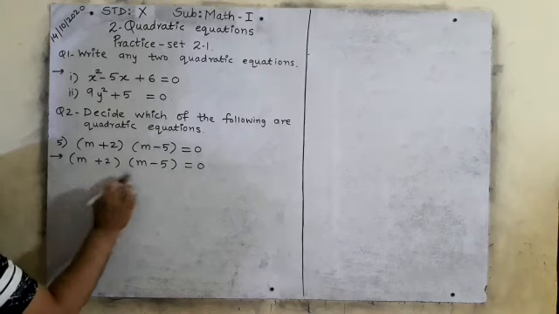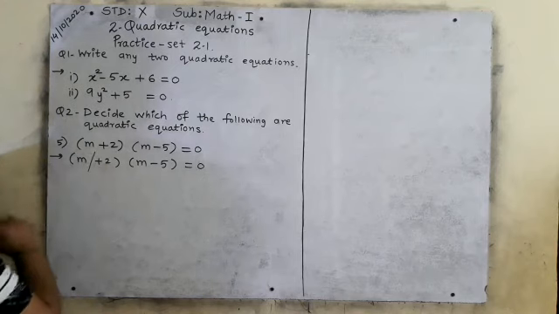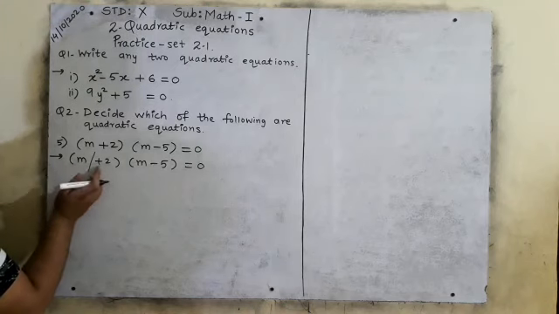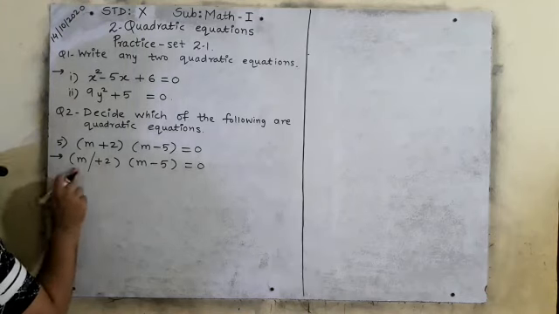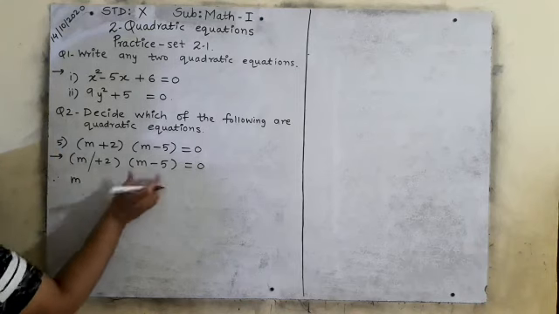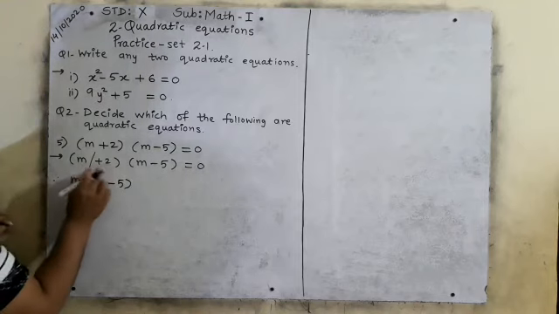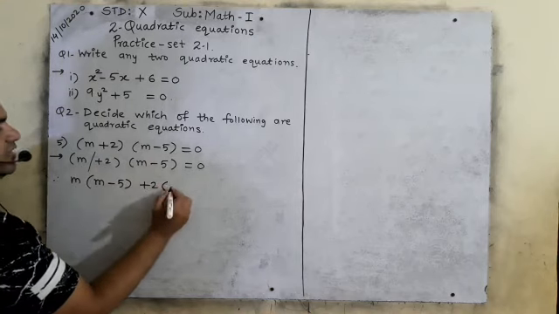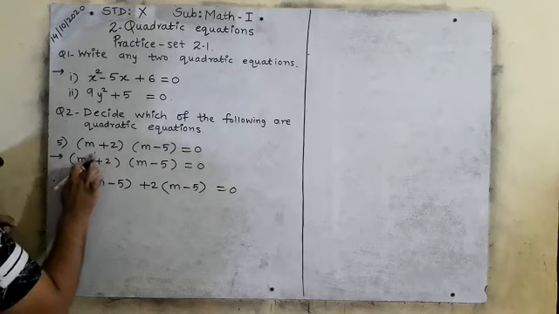Remember I taught you that whenever there will be two brackets and there is a multiplication between them, you will imaginary cut this first bracket before the sign. It means you have to divide this first bracket into two parts. What is its first part? M. M is the first part, right? Then you will give this second bracket to it as it is, m minus 5, right? What will be the second part of this first bracket? Plus 2. Again you will give the second bracket to the plus 2, right? Remember, this cut is imaginary.